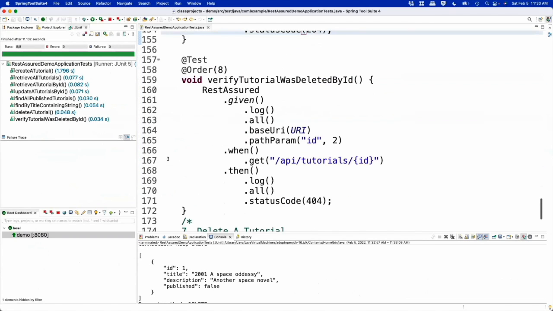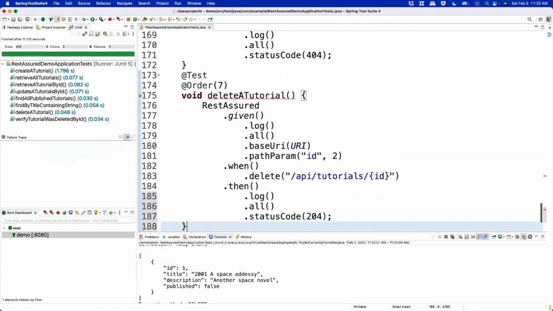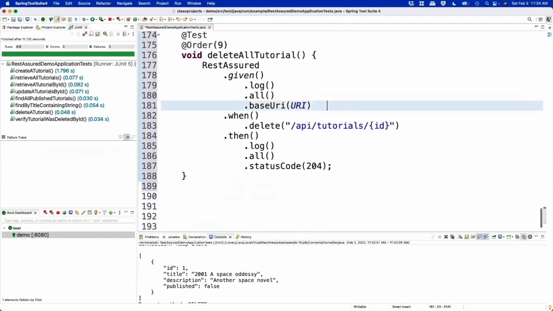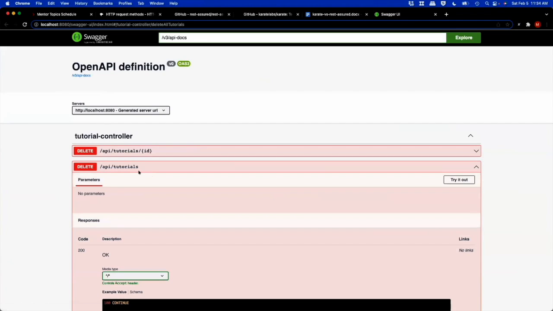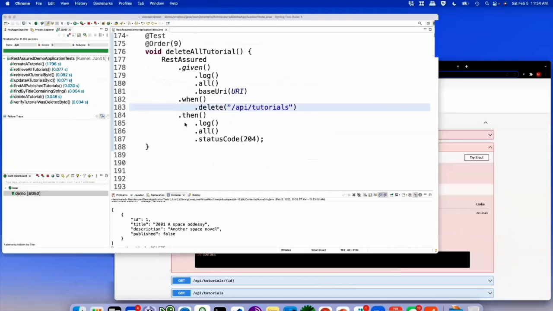Okay, and last but not least, let's delete all the records. And we're going to delete all tutorials. And this will be 9. Don't need that. And our delete should be that. And 204, double check our Swagger. Delete API tutorials, no parameters, and it should delete everything. All right, so if I run this,